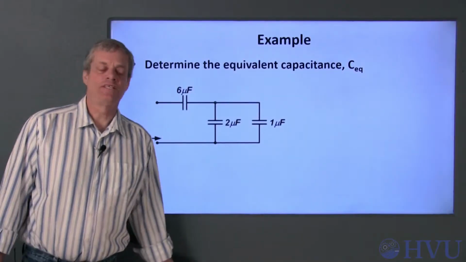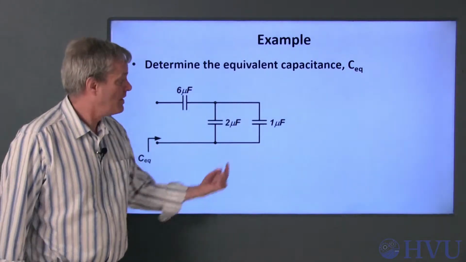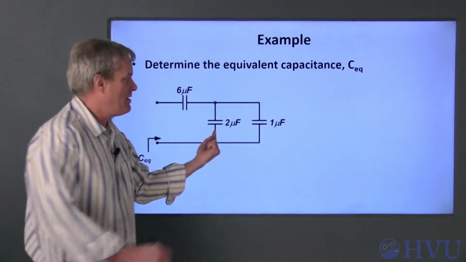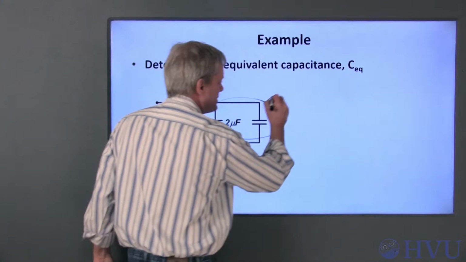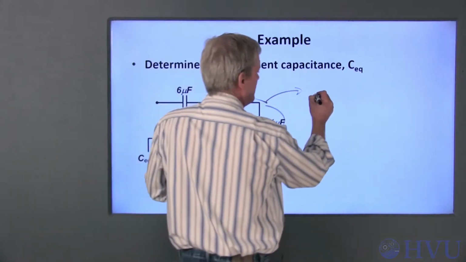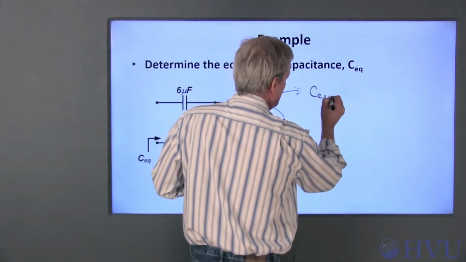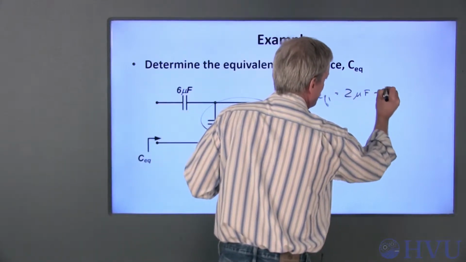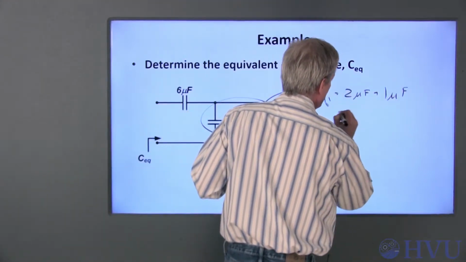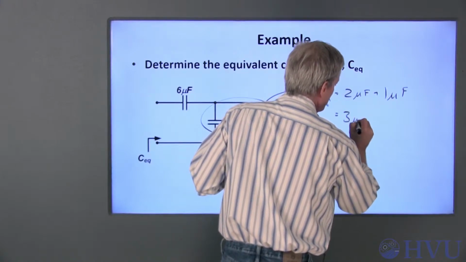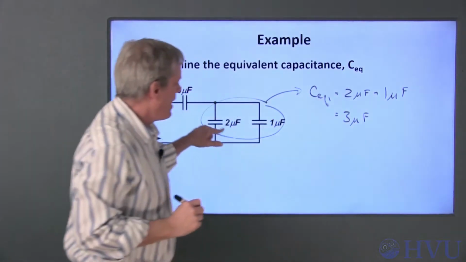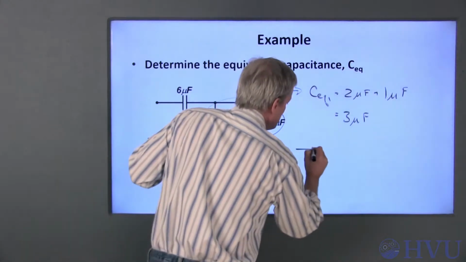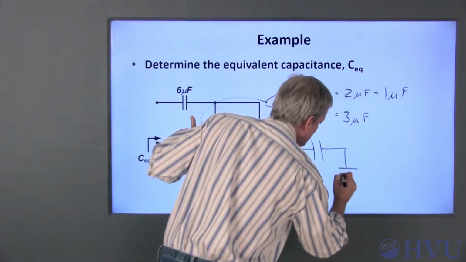Now I'll do a simple example of combining capacitances. These two capacitors are in parallel. Parallel capacitances add directly, so this becomes C_EQ1 is just 2 microfarads plus 1 microfarad. It's 3 microfarads. Now this capacitance is in series